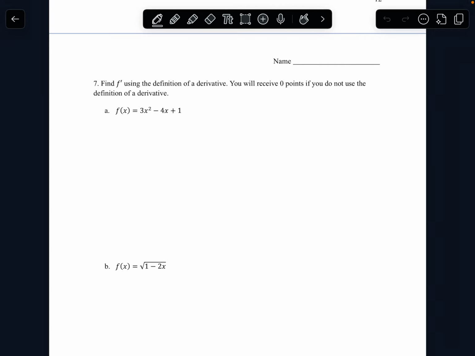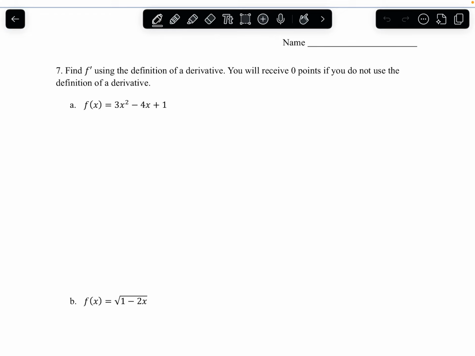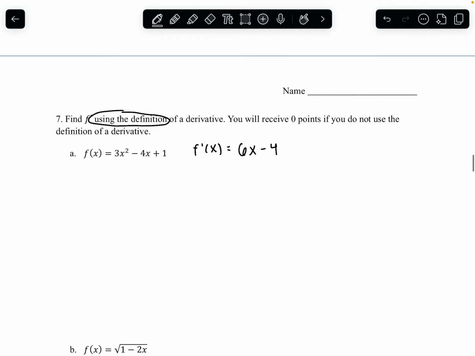Alright, hello guys. So here we're going to be using the definition of a derivative to figure out what f prime is. I mean, at this point, we know what this derivative is going to be, right? We know that f prime, hopefully we know that this derivative is 6x minus 4. Okay, so if you're asked to use the definition of a derivative, i.e., using this equation, the limit as h approaches 0 of this difference quotient that we all know and love,